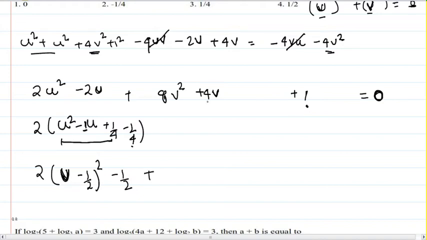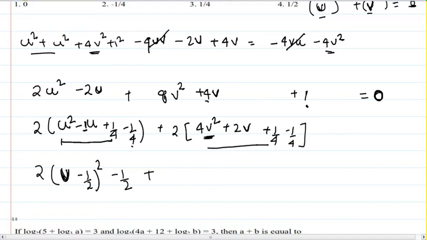See, what I am doing here is, I am not taking 4 common. I am taking 2 common. That gives me 4v square plus 2v. Now this is 2v square. This is 2v square. So again, I'm adding 1 by 4 and I'm subtracting 1 by 4. See what that does for me is, these three combined have become 2v plus 1 by 2 whole square. And this one multiplied here has become minus 1 by 2 plus 1 plus 1. This one is outside. I have not touched this so far. Is equal to 0.